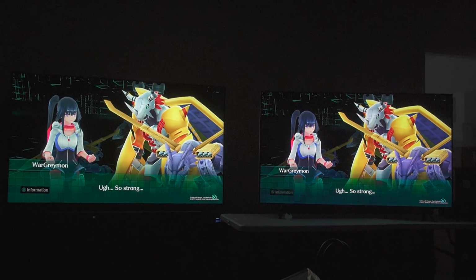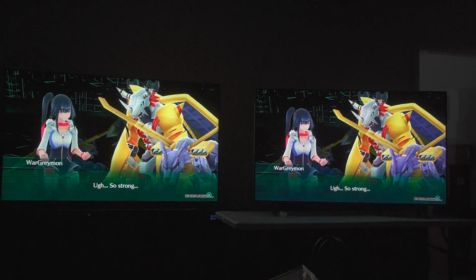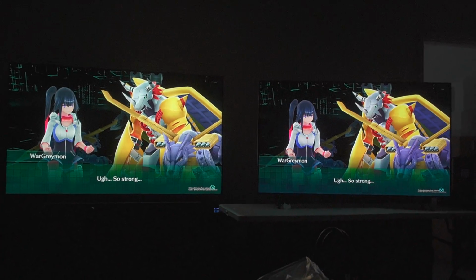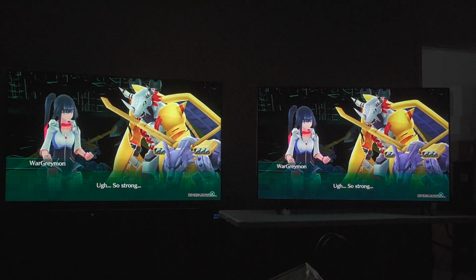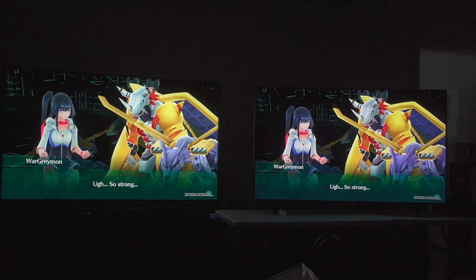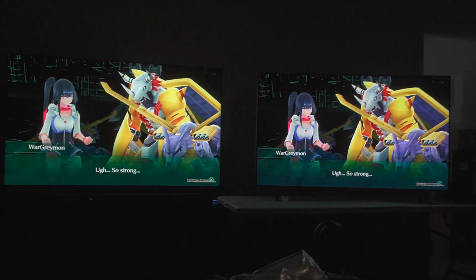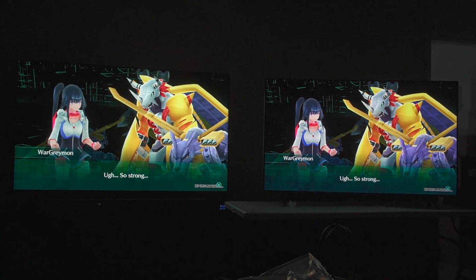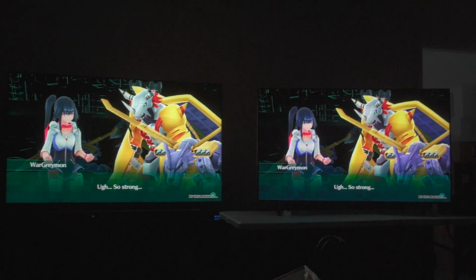Take, for example, this color yellow right here. You're seeing it again in real time, the color yellow being a big problem on the TCL Q825 to the left. I don't know, man. Everybody has their preference, I guess, but look at Garurumon. I mean, look at the blue in this Digimon's face right now. Like, all over that character, it's not as crisp as it should be, and that's a problem for 2,000 American